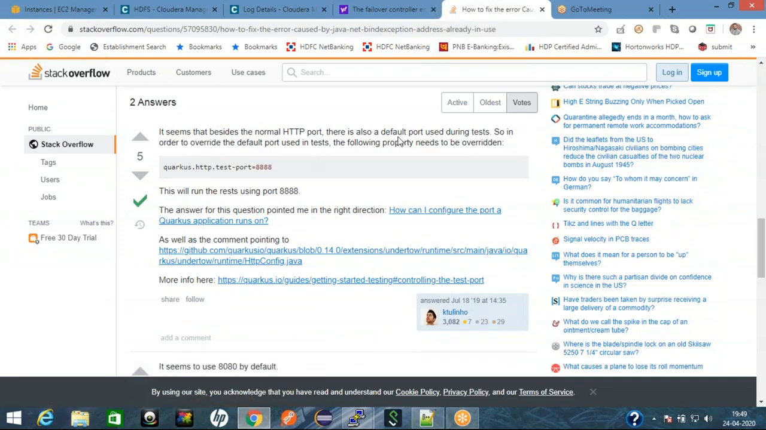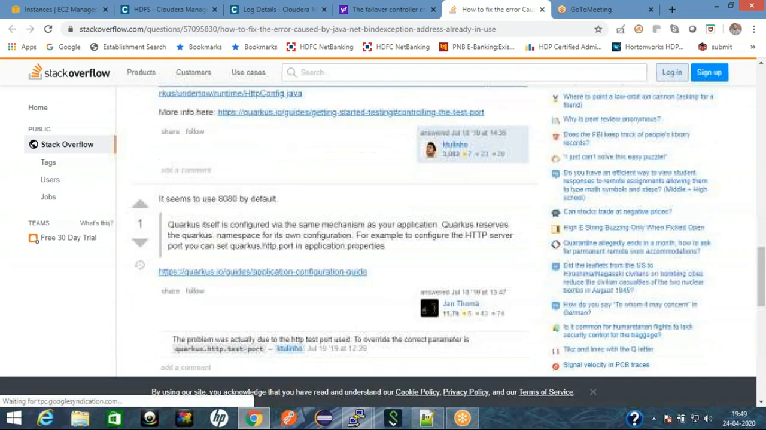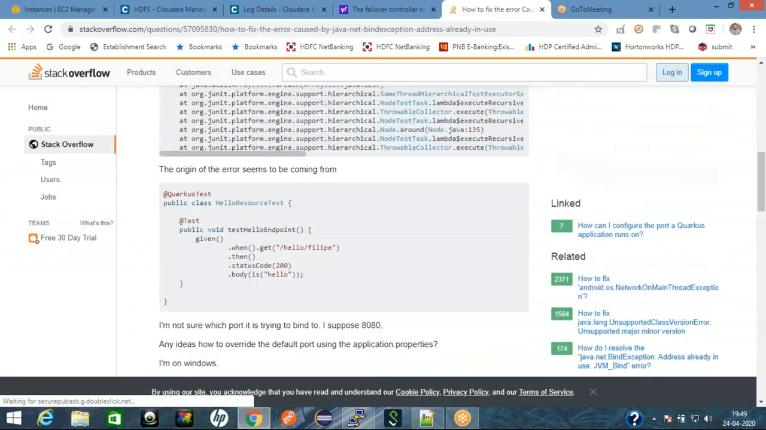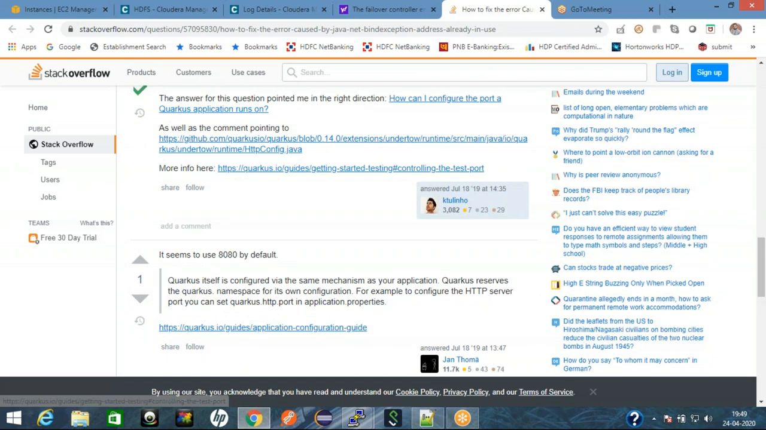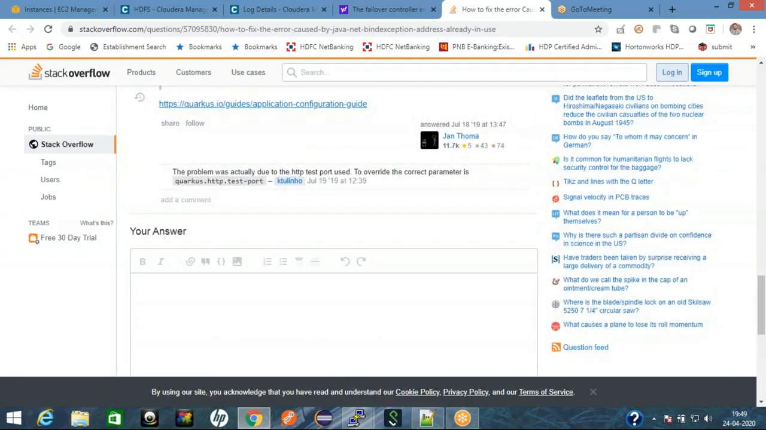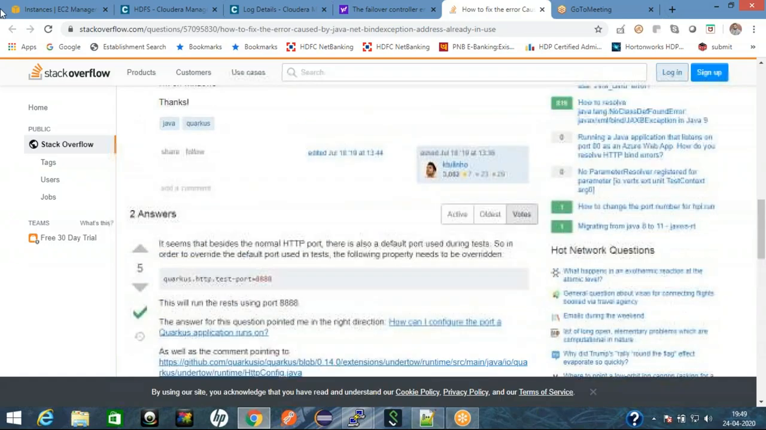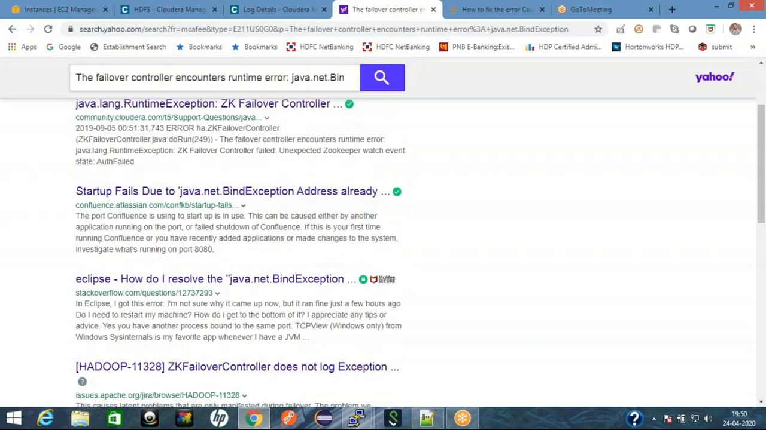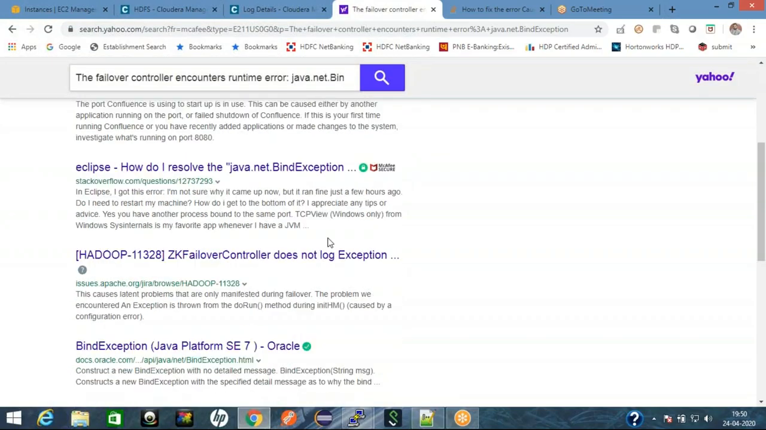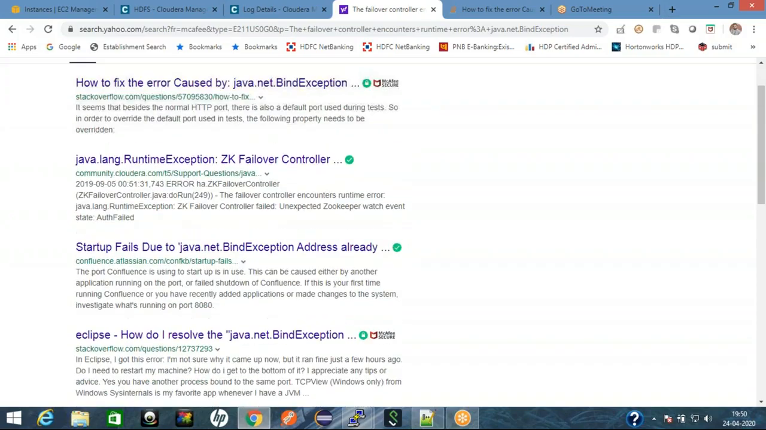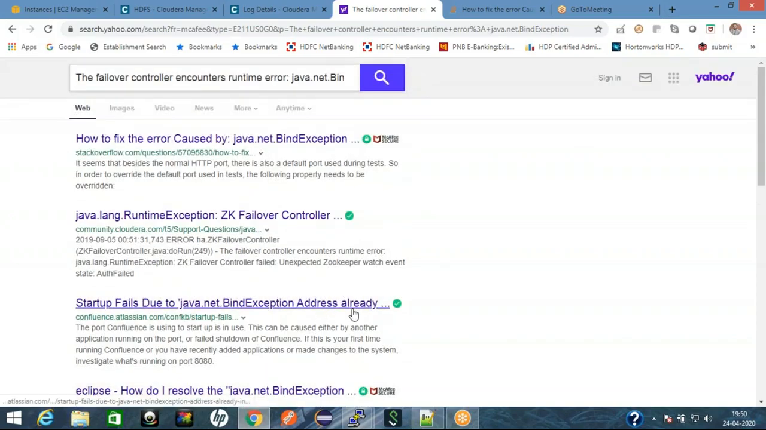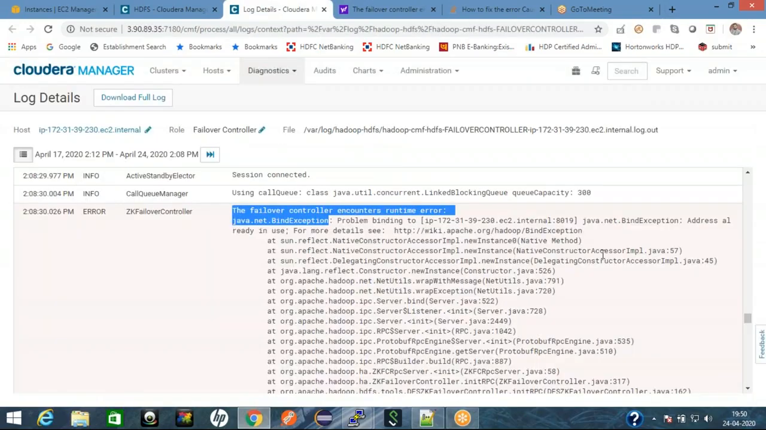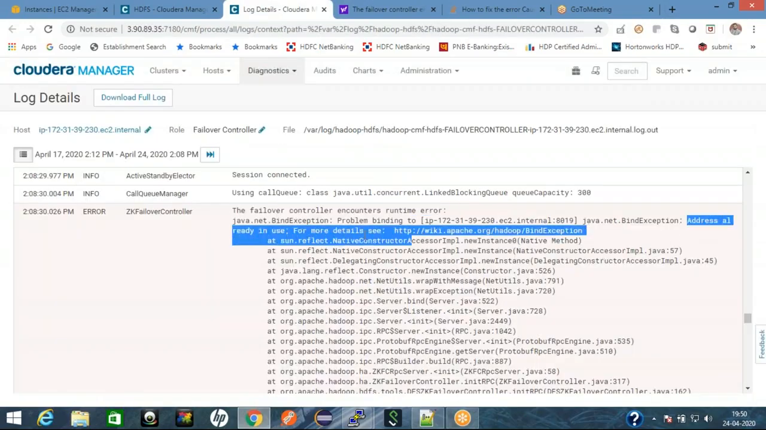It seems to use 8080 by default. I think it came to 8080 from this link probably. No hint in here, but somewhere in one of your links it will say that something of your port is already used, address already used. I think even in the exception it might be telling that. Oh yeah, it says address already in use,